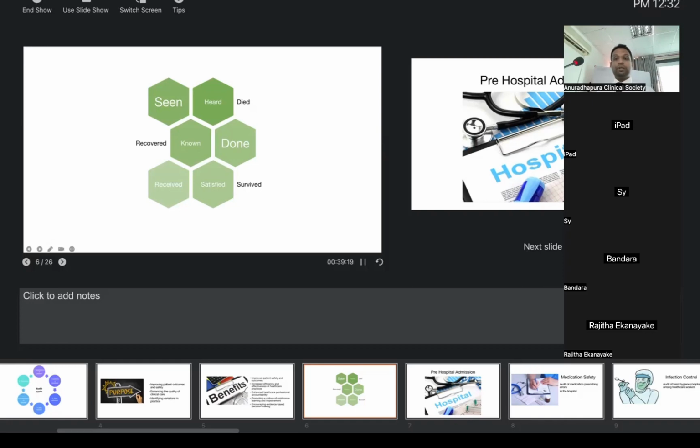But more importantly, when it comes to publication, sometimes a simple audit conducted in one ward may not be of interest to the editors of an international journal. But again, it may be important for the local people. If you are doing it in Anuradhapura, we are always happy to publish that, if you are writing properly, in the Anuradhapura Medical Journal, which is among the top